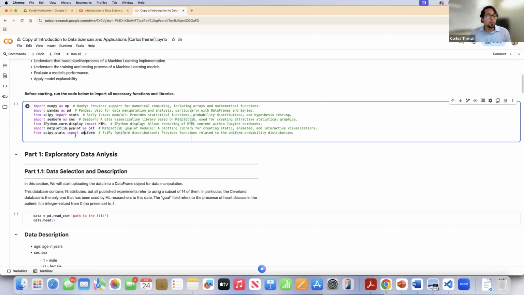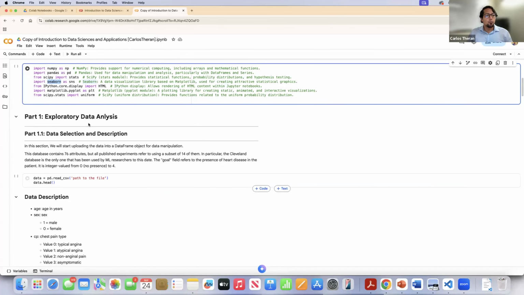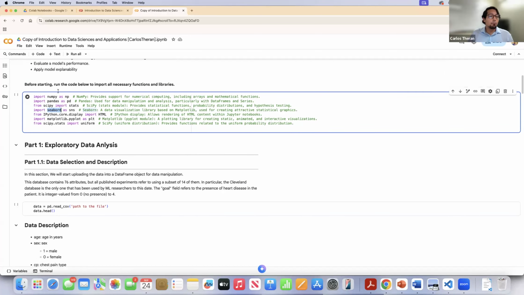The uniform from scikit-py, which will help us to do some tasks or print probability distributions. But mainly we are going to use Seaborn, because Seaborn can help us as well to plot the density or the probability distribution of the data set. Okay, so first things first, I'm going to give you a brief overview about the